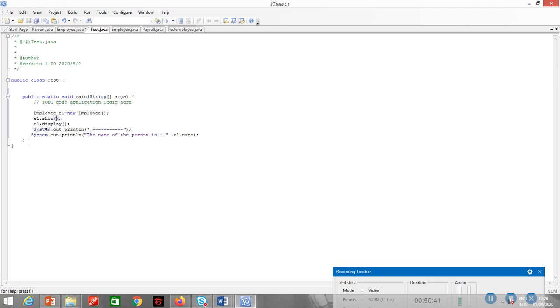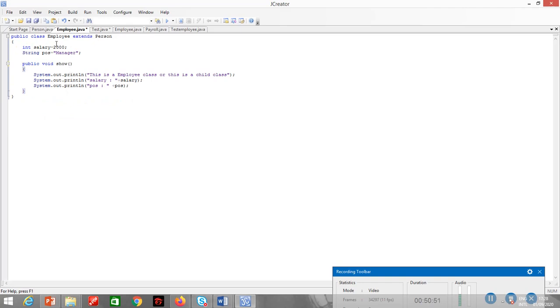So see over here, when I call the method show on the employee object, the employee class has a method show, and the person class has a method show. So in this case, the employee class method, which is the child class, will be executed, whereas the person class method will not be executed. So the output that I will get will just display this is an employee class or child class, and salary and position. Let's check it.